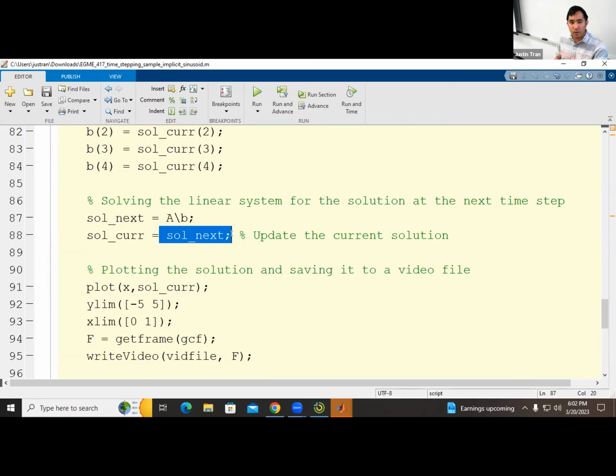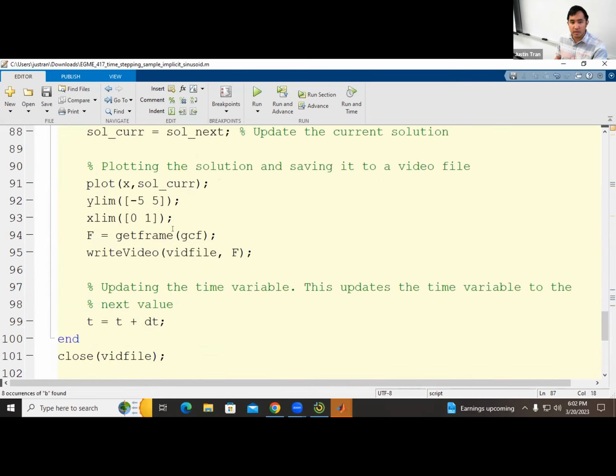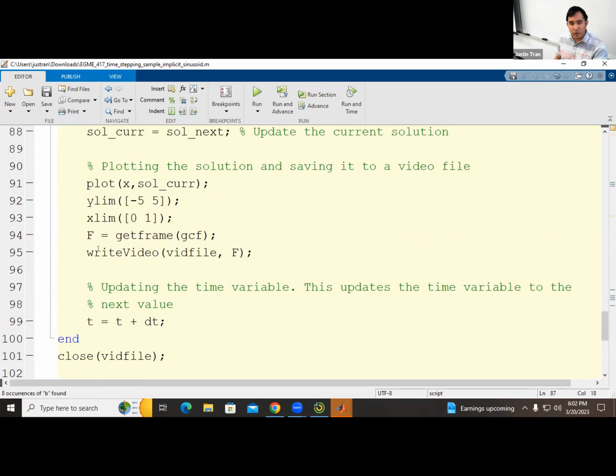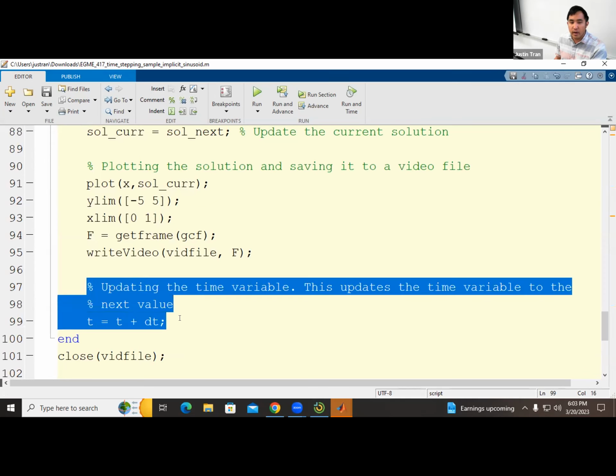So once we solve for it, our current solution is equal to whatever we solve for next. Okay. And then we plot it. Right, so that's all going to be the same. I have a little extra code here to save it as a video file, which I'll show you in a bit. Okay. And then finally, we come to the end of the time loop here,